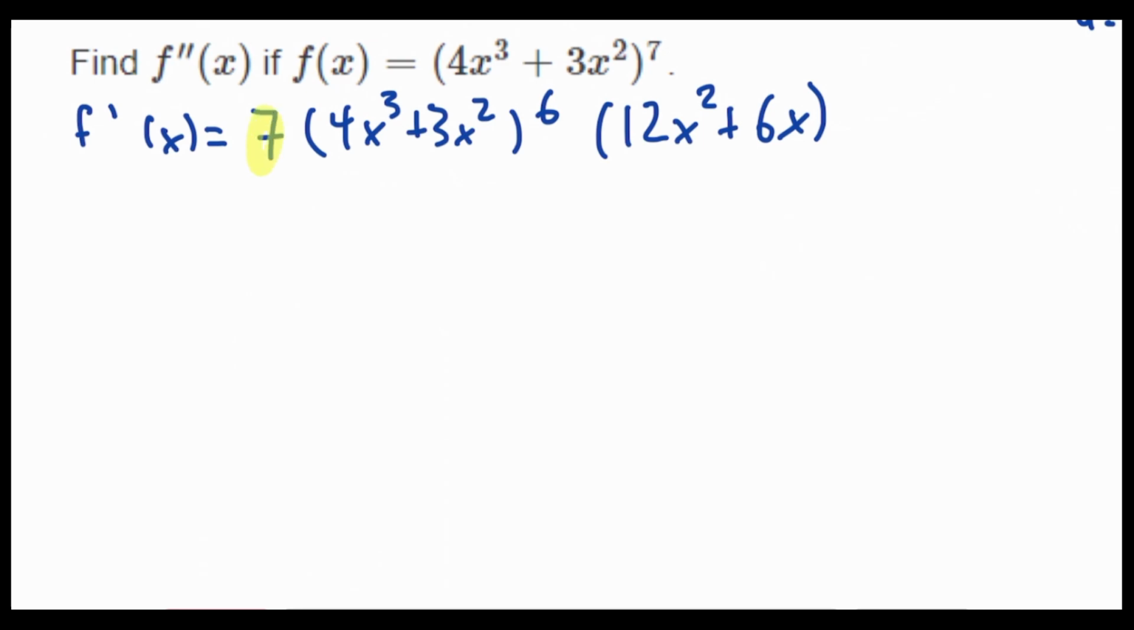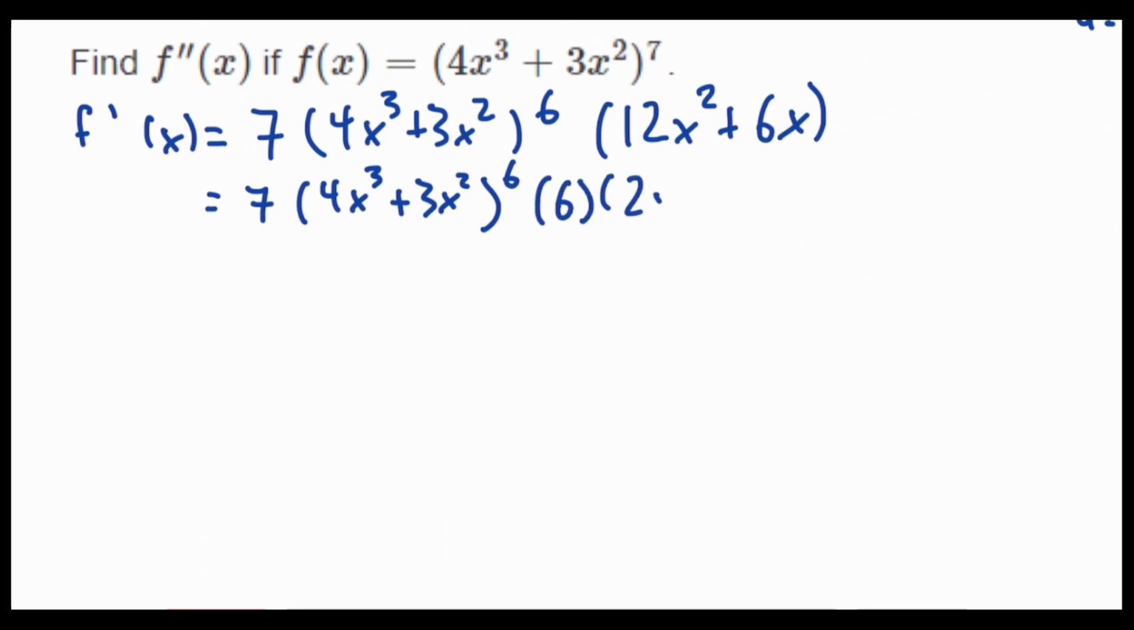So first term, 7, can't do anything there. 4x cubed plus 3x squared, there are no like terms, nothing I can do there to make that any easier. What I can do here is notice that each of these coefficients is divisible by 6. So I can actually take out a greatest common factor. Let's go ahead and do that. So I'm going to have 7 times (4x cubed plus 3x squared) times 6 times 6 times (2x squared